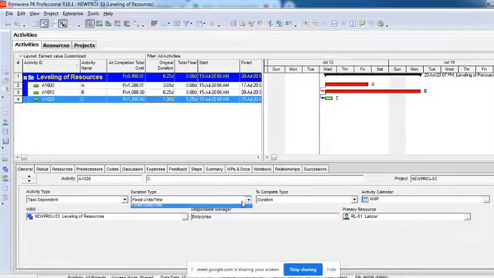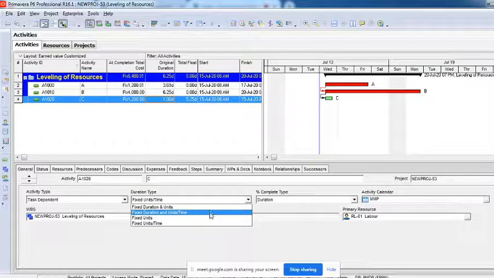I'll repeat. If you make this fixed duration and units per time and increase the per day hour, per time means per day. Earlier it was planned to work for 10 hours per day, now you are making it work 12 hours per day.